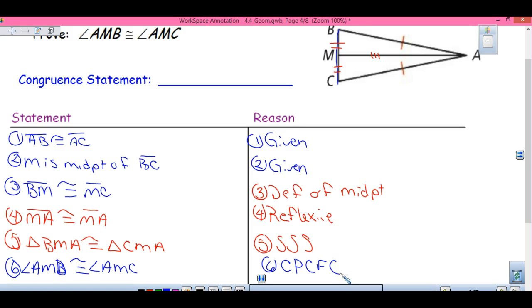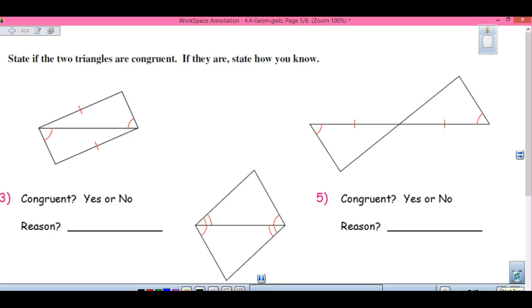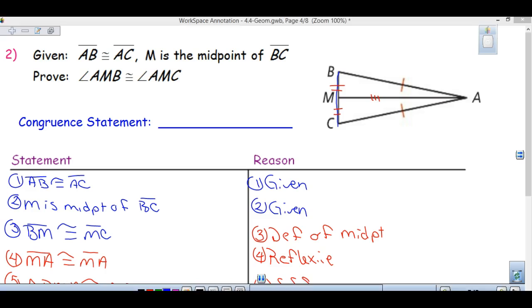Okay, so is it absolutely horrible? No. What do you have to do? Well, you have to prove that your triangles are congruent, right? And then you add that step on to the end of it. It's not bad at all. I think we've done enough of these now to